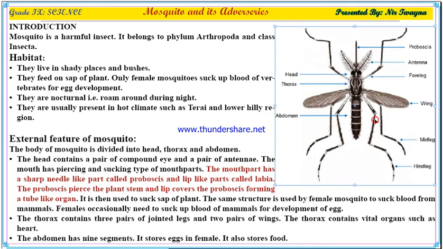It has 3 pairs of jointed legs, 2 pairs of wings, and its body can be divided into head, thorax, and abdomen. Okay, abdomen stores food, and reproductive organs are present in abdomen, whereas other vital organs are present in thorax. And head contains